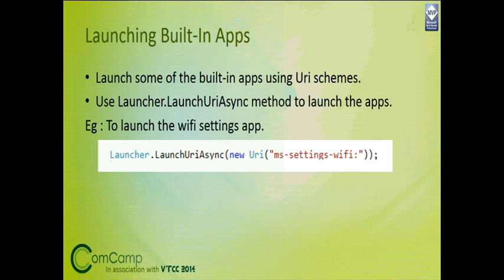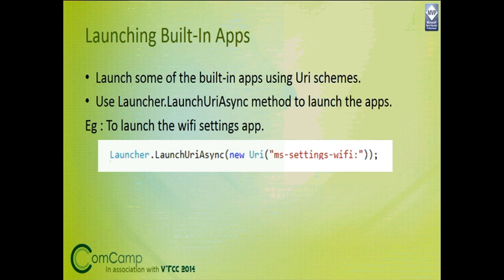Similarly, we'll also be using the same method to launch the built-in apps. Microsoft has already defined a set of URI schemes, available in MSDN, which can be used by developers to launch the built-in apps. For example, if I need to launch the Wi-Fi settings app of your device, I can simply say LaunchUri and say new Uri, and define whatever URI is given, say ms-settings-wifi: